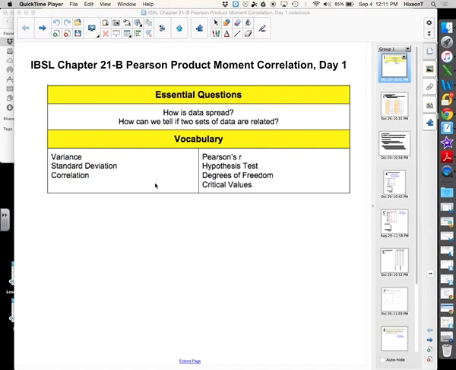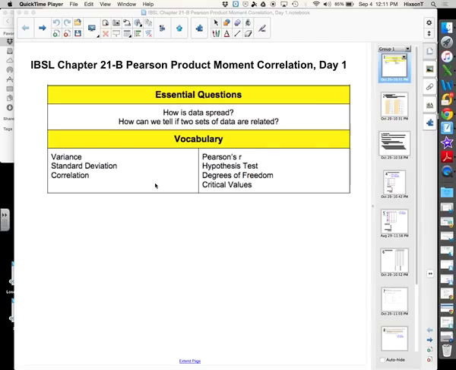Alright, so what I want to look at today is introducing the Pearson product moment correlation, the correlation coefficient. Most of the time, if you hear someone talking about a correlation coefficient, this is the most common one that they're using. You might see this referred to as Pearson's R. An R value. If you put data into your calculator and you run two variable statistics,